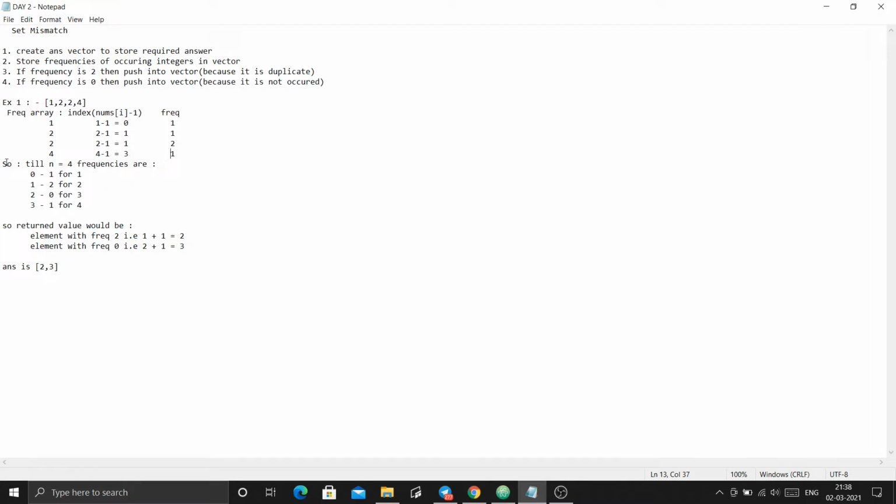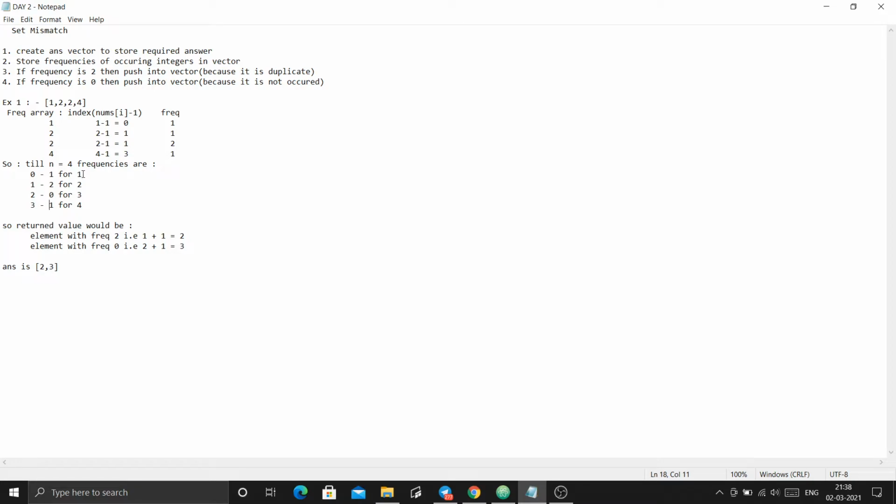So till n equals 4, we have got all the frequencies, because the size of the given array is 4 and we have the elements from 1 to 4. So 1 with frequency 1, 2 with frequency 2, 3 with frequency 0, and 4 with frequency 1. We have got all the frequencies.